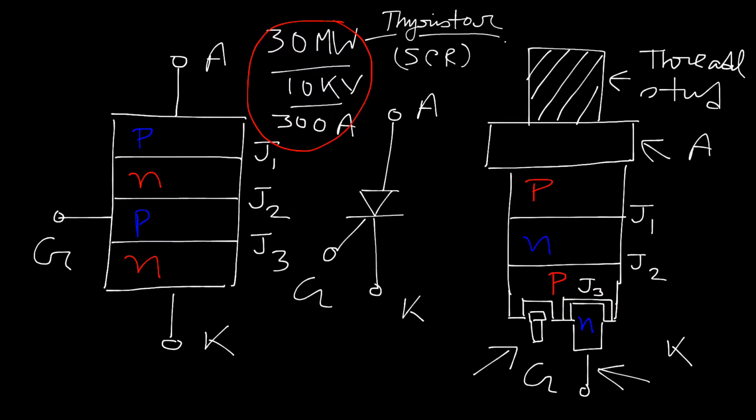In reverse, when the device is under reverse biasing condition, both junctions J1 and J3 are in reverse biasing condition, with a tendency of formation of the depletion layer across both junctions J1 and J3. That is why we always try to operate this device only in the forward biasing condition, meaning anode will be more positive with respect to cathode. So this is all about the operation of the thyristor and the basic construction and ratings. Keep it in your mind, the ratings of a power electronic switch like the thyristor are very high, and it has the capacity to handle power of almost 30 megawatt and even more.